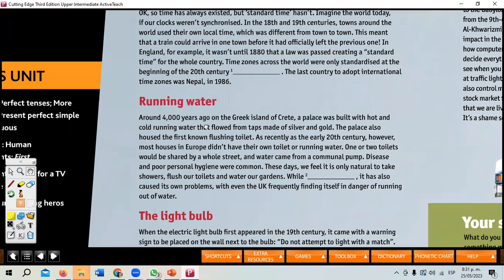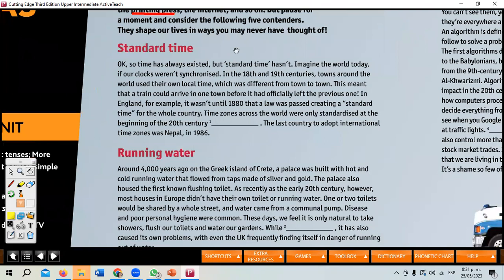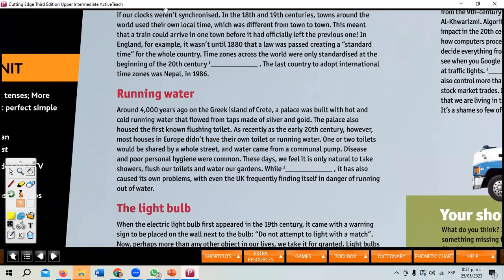Okay, let's continue then. We have a standard time, okay? Then running water. Let's continue with Natalia. Please, running water. Okay, around